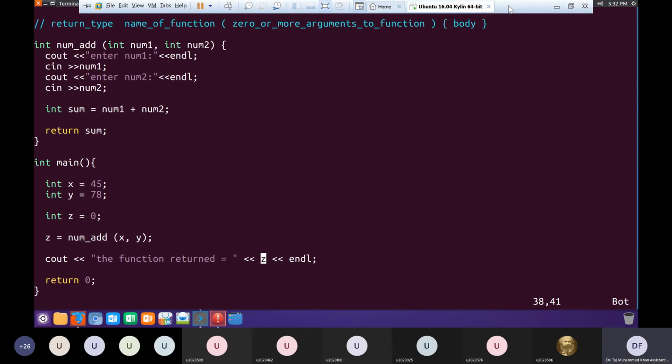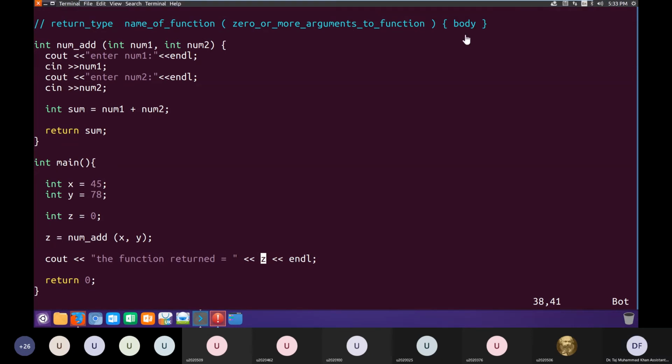Okay, any other question anybody has? That is a very good question. What happened to the values of x and y that we assigned to num1 and num2?